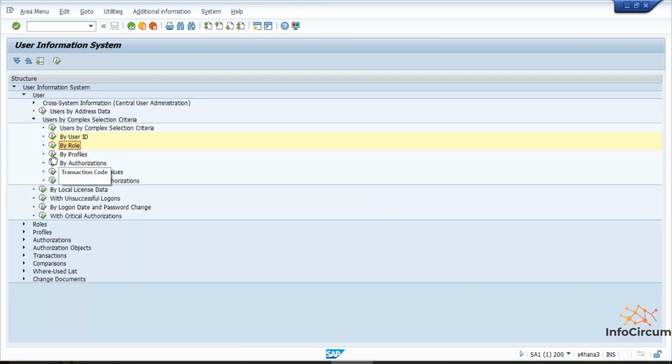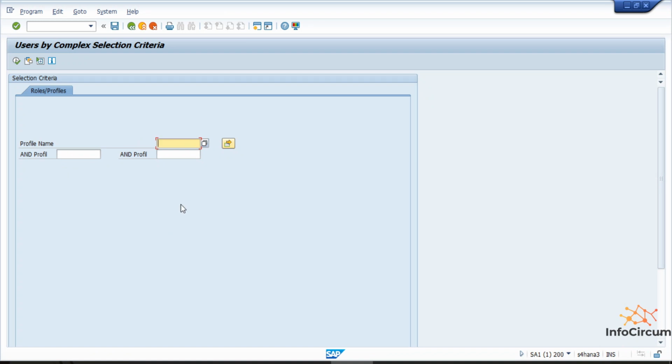Now coming to the profiles, you can also find out the list of users who have a specific profile assigned. Suppose I'm finding out the list of users who have the SAP_ALL profile.